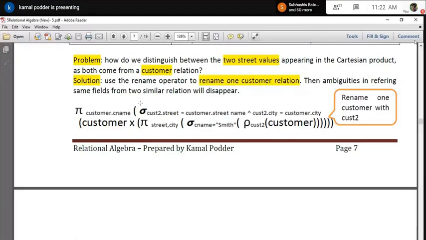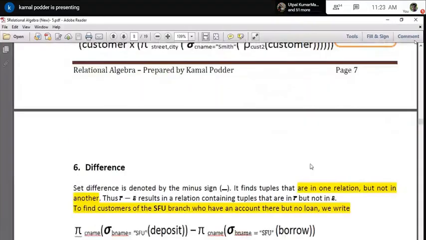In this way, I can write the complete predicate, and there is no ambiguity, there is no problem at all. So in this way, I can apply that rename, so that I can resolve this ambiguity at a later stage. I can use that particular properly. So in this way, I can use the rename command.